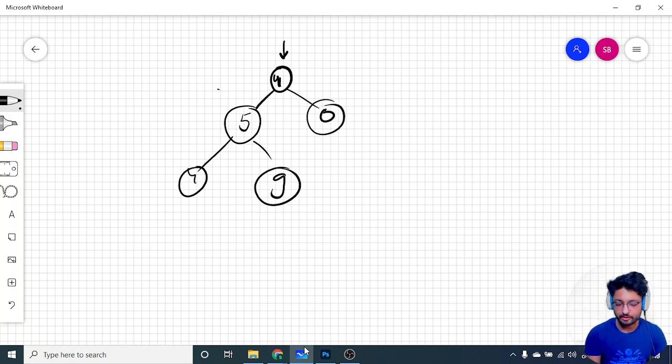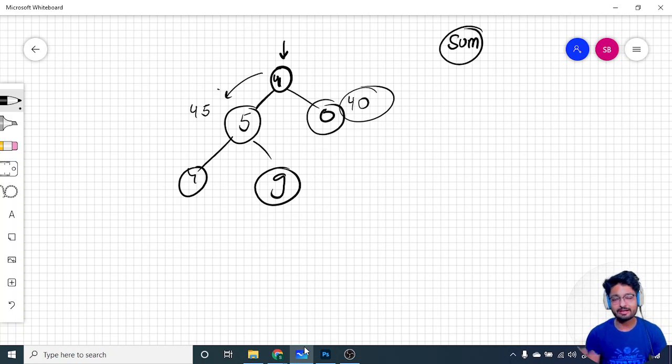So the current total till now is 0. Now you have seen 4, so you send the number 4 down this path such that at this point it will become 45. Whatever number you have, you just append that digit to the end of the number sent from above. So this is 40. And now because you're on a leaf node, you take this as a total sum and add it to some global variable, the sum. Whenever you reach a leaf node, because there is no left and right child, you add this to the total variable, that is plus equal to 40.